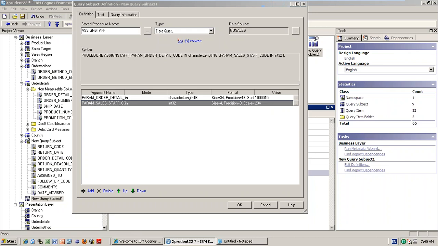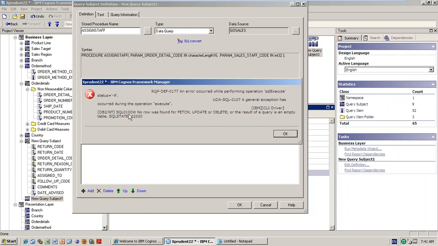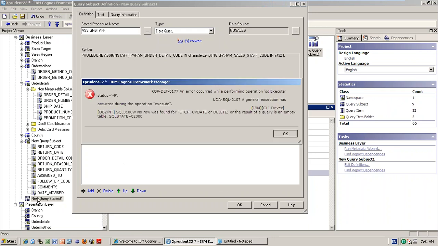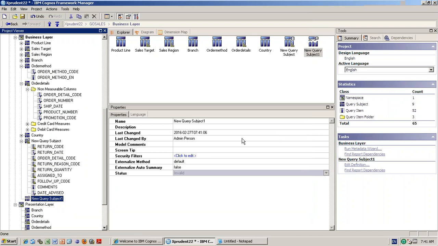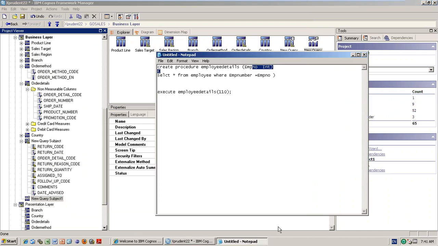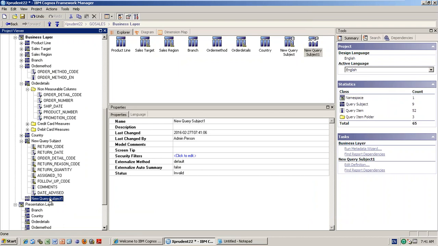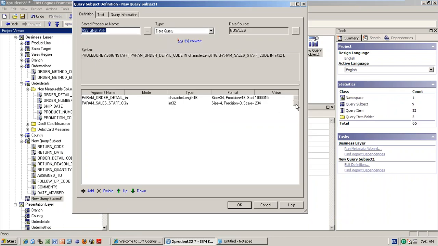Now you can see it. So that, and also there is no row actually found because I don't know exactly what the value is for the staff code. So that's the reason why it is broken. But for example, if you see here, I know the employee ID maybe I can pass 110 or something. So if you pass exactly, then there won't be any broken. But I need to see that stored procedure, what the string staff code is, and then I need to see what parameter they are passing. If I give the same values here, then it will not come.